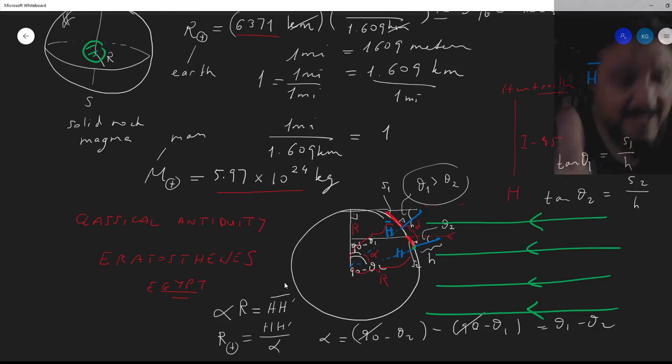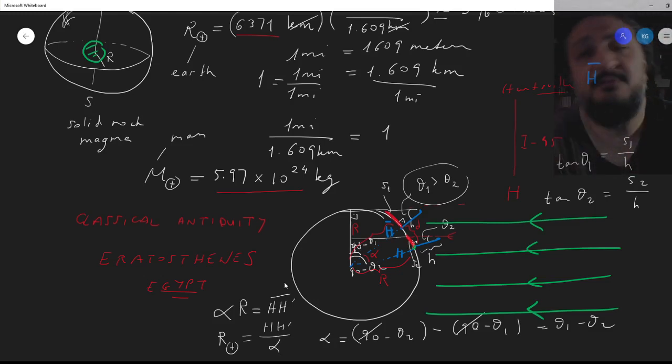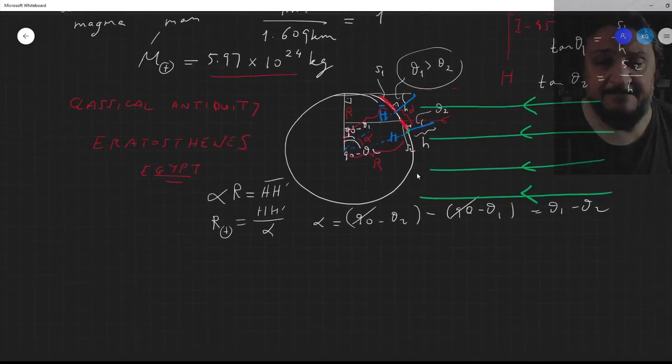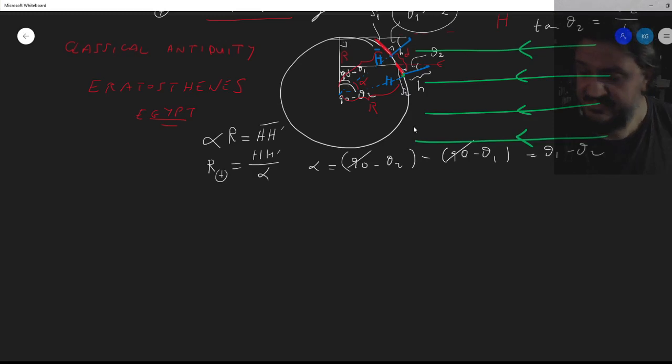Okay, so what Eratosthenes did was even simpler actually, all right? I mean, he didn't have a phone, he didn't have a friend to call, he just had to go there and do the experiment himself. What experiment? The shadow experiment. And it was even easier in this case because he used the fact that a certain time of the year the sun is directly above.